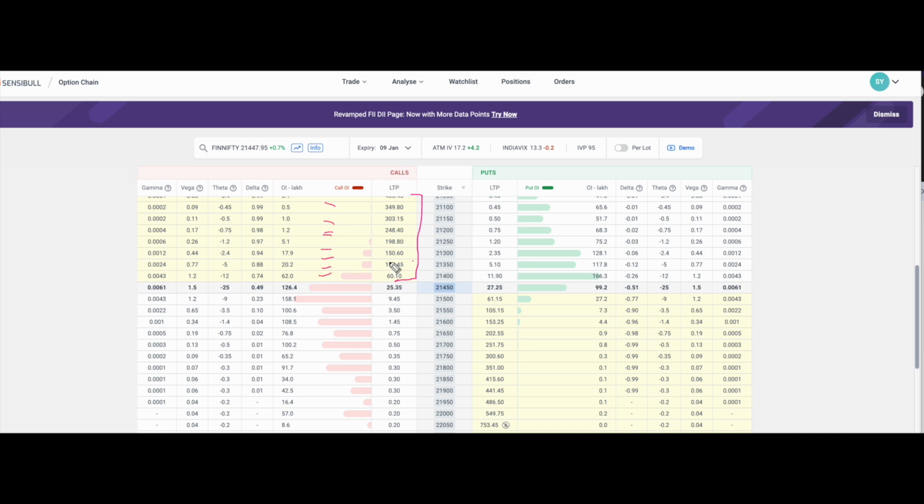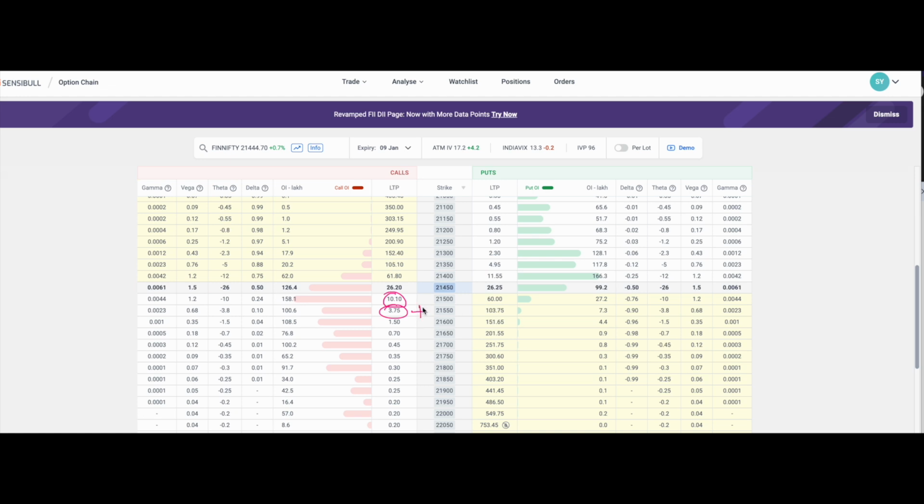That is the main reason why in the money call options, which are highlighted here, are trading at a higher premium compared to at the money and out of the money strike prices. Many retail traders, instead of choosing an in the money or at the money strike price, especially on expiry day, choose an out of the money strike price, one trading at 9 rupees or 4 rupees.